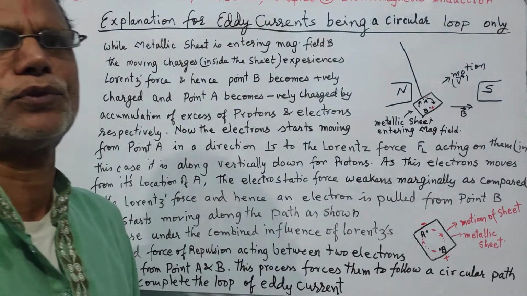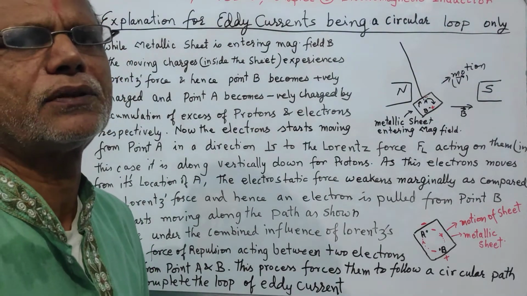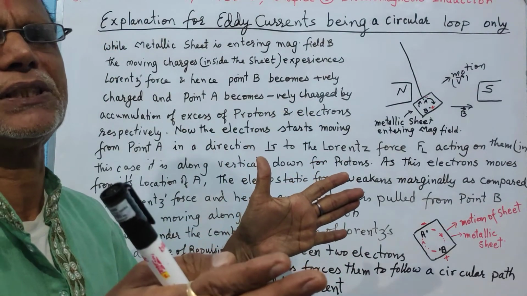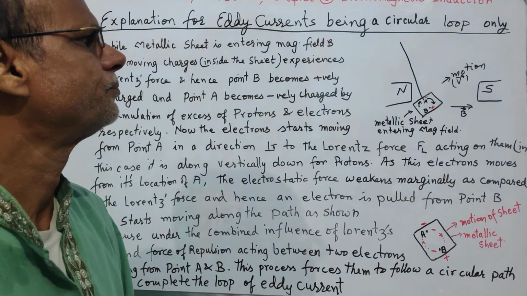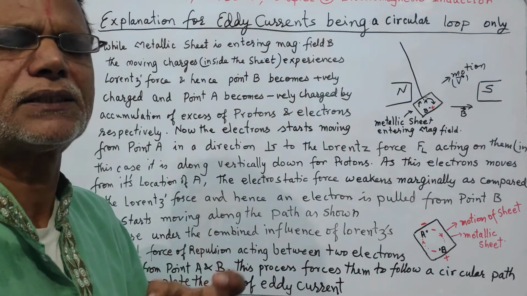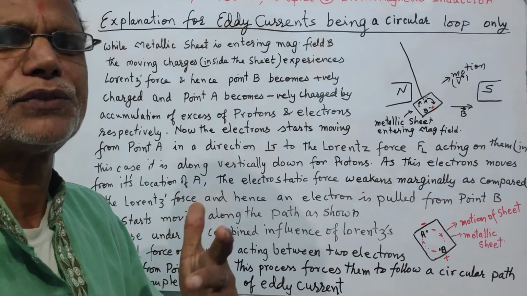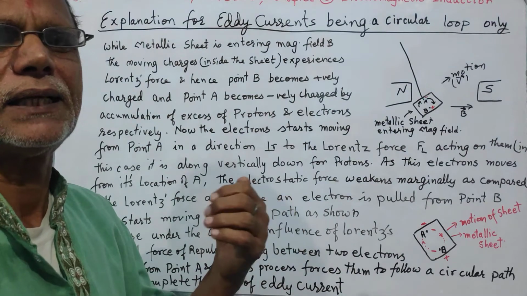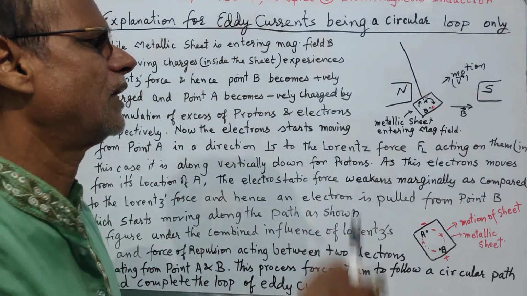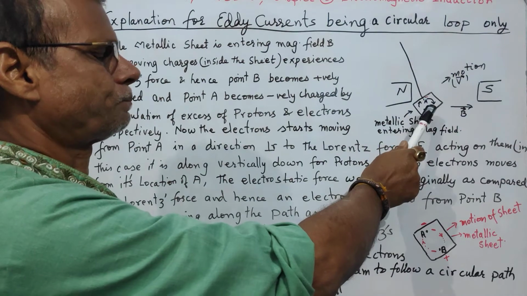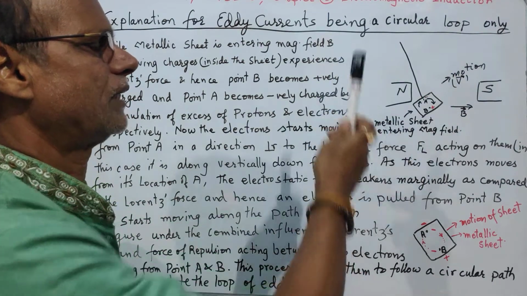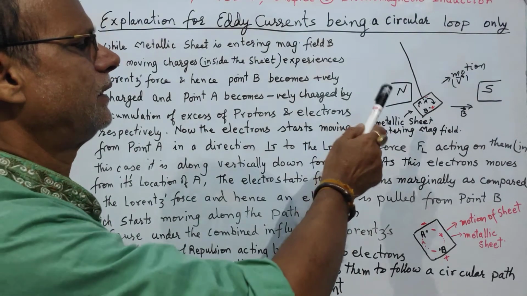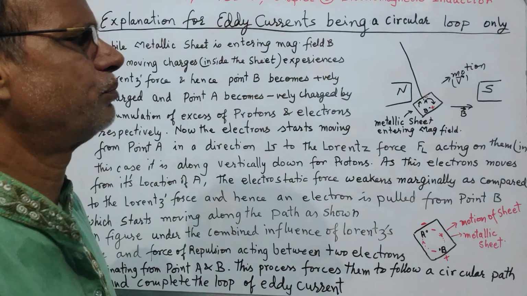The electrostatic force, that is the electric field generated due to separation of opposite charges, is reduced, and therefore the Lorentz force becomes stronger than the electrostatic force, that is the electric field. So therefore in this case one more electron is pulled from point B, the positive end,